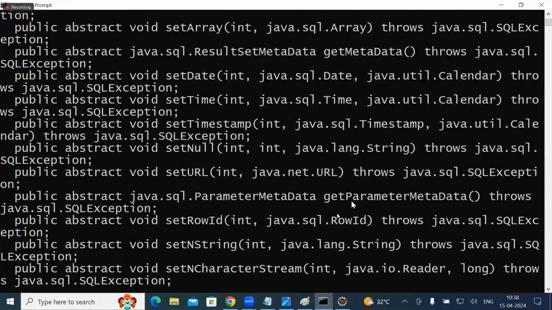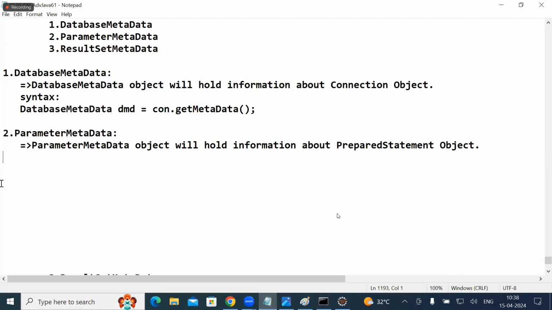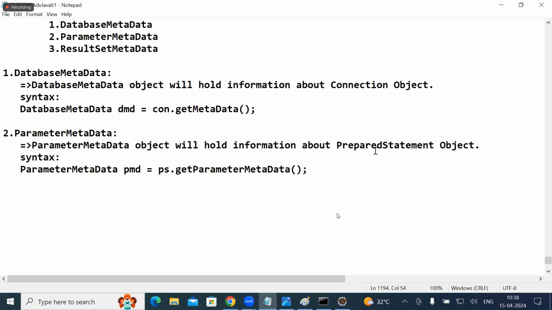Can you see? getParameterMetaData. Write the syntax: ParameterMetaData PMD = ps.getParameterMetaData();